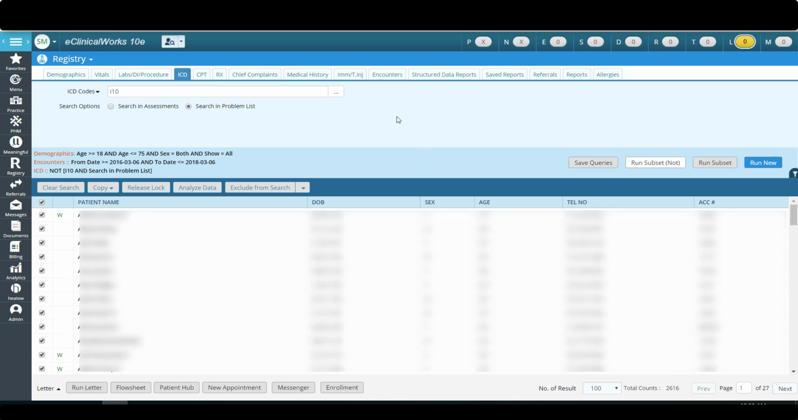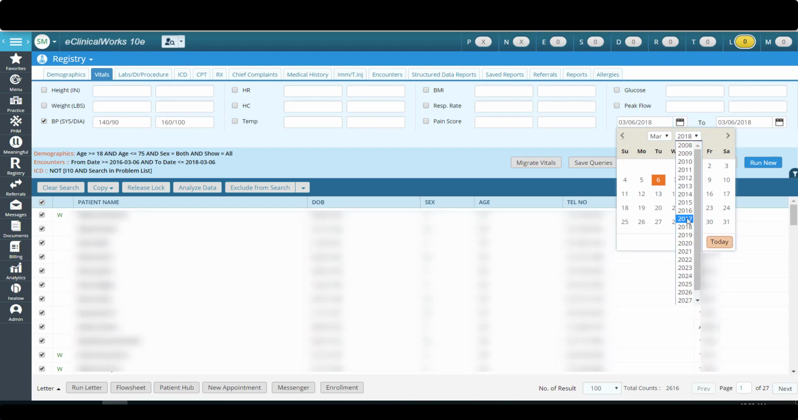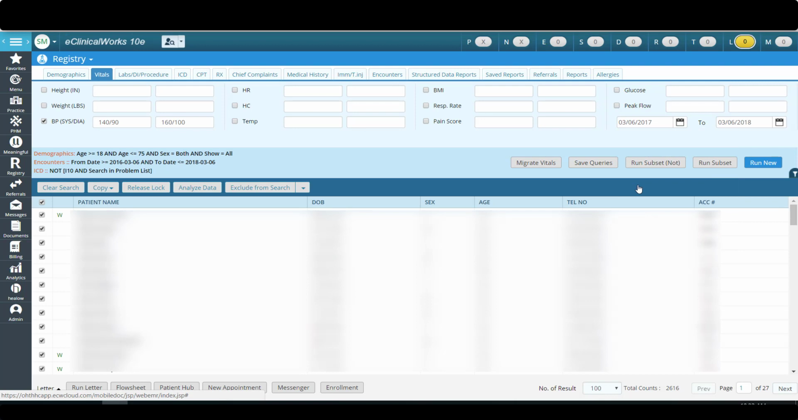So now our last step is to identify what we call our stage 1 hypertensives, which are all of our patients that have a BP between 140/90 and 160/100. And I'm going to look for this within the last calendar year. So I'm going to click here on my calendar button, go back 1 year. So I'm going to look for the BP recorded between 140/90 and 160/100 between the dates